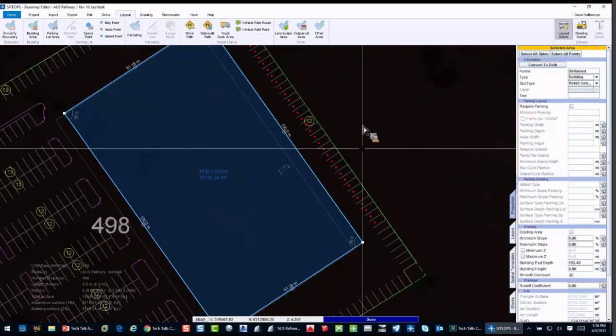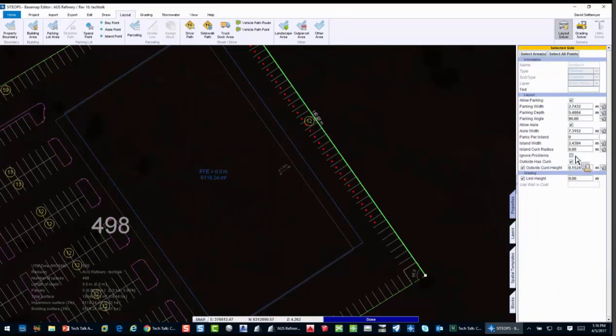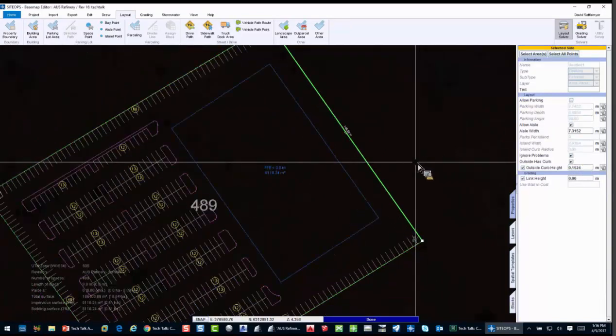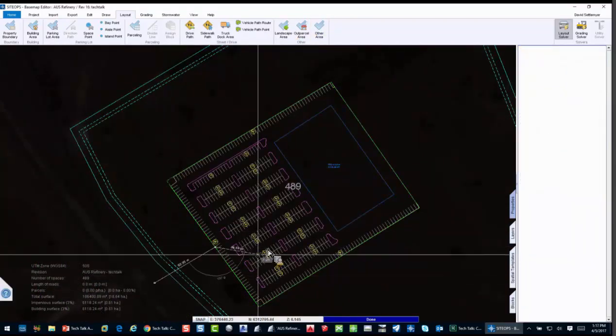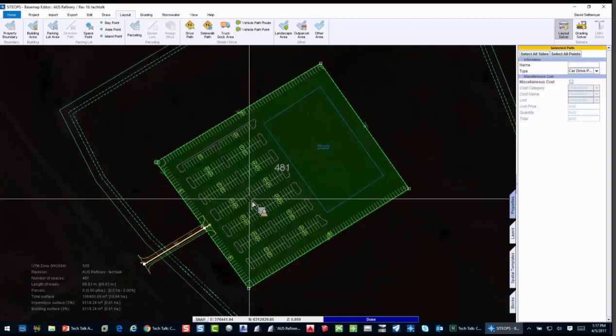So I can either tell the system, you know what, you're just a computer. I'm going to override you, just software, ignore the problem, and add those spaces in there because this is what I want for this area. Or I may just come in and say, you know, you're exactly right, I don't even want parking spaces at all. So let's add a quick little drive just to connect something, because somewhere along at the end of the day or the hour, I've got to design, and the client always wants to know one major question, again, what is that ultimate cost? I'm going to be able to do this now,